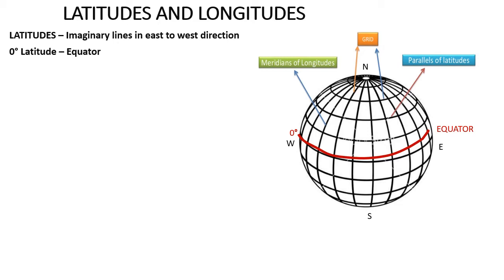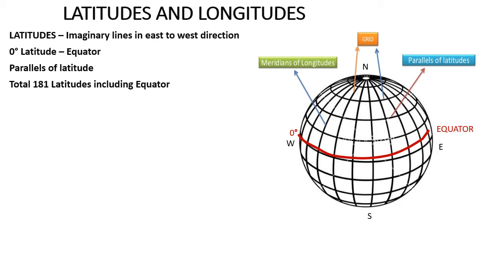which divides the earth into two halves of a sphere, hemispheres: the part which lies to the north of it towards North Pole is in northern hemisphere, and the part which lies to the south of it, the equator, towards South Pole is in southern hemisphere. They are also called parallels of latitude as all the lines of latitude lie parallel to each other. They never intersect. That is why they are called parallels of latitude.